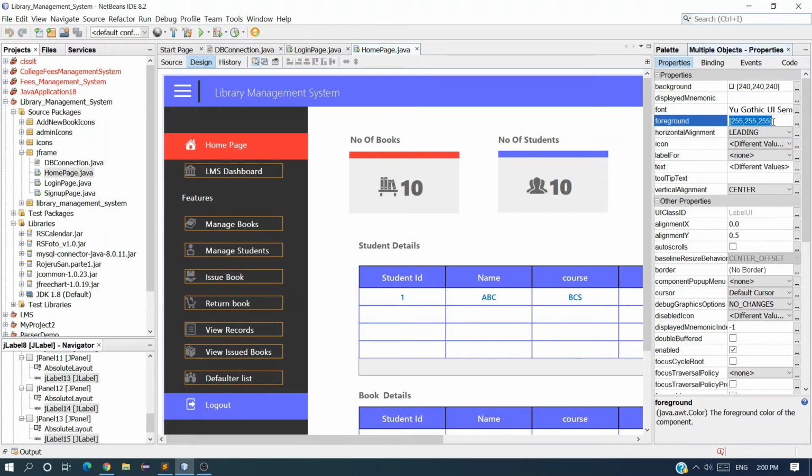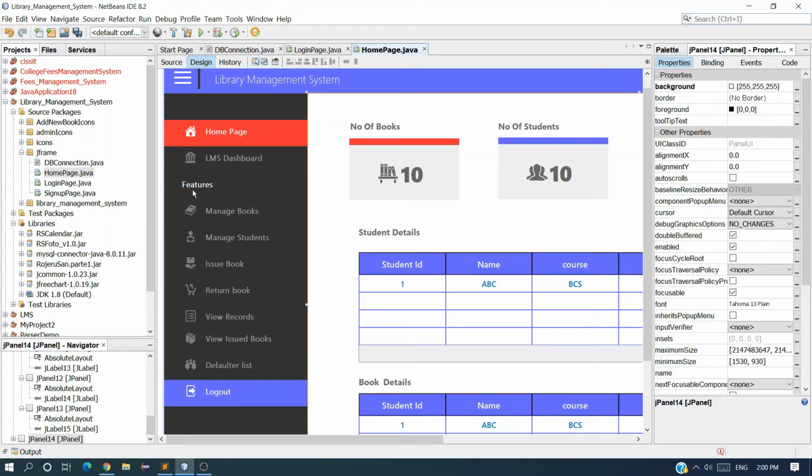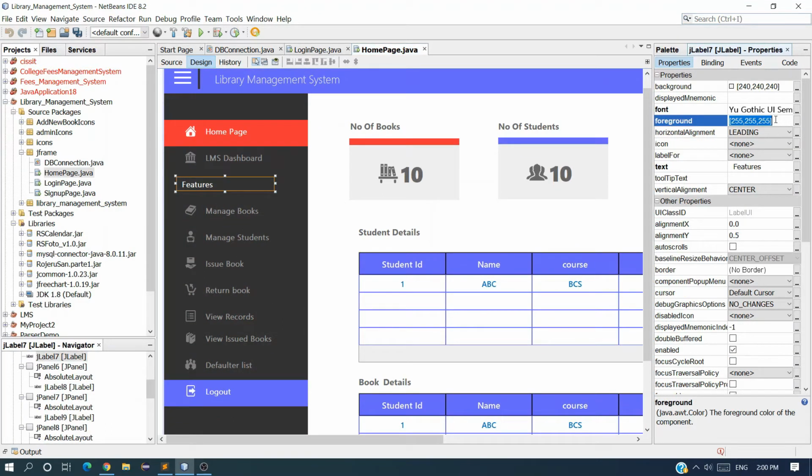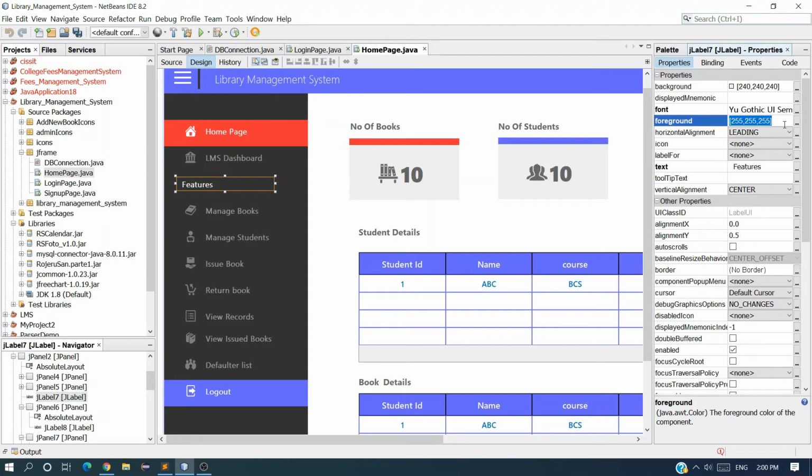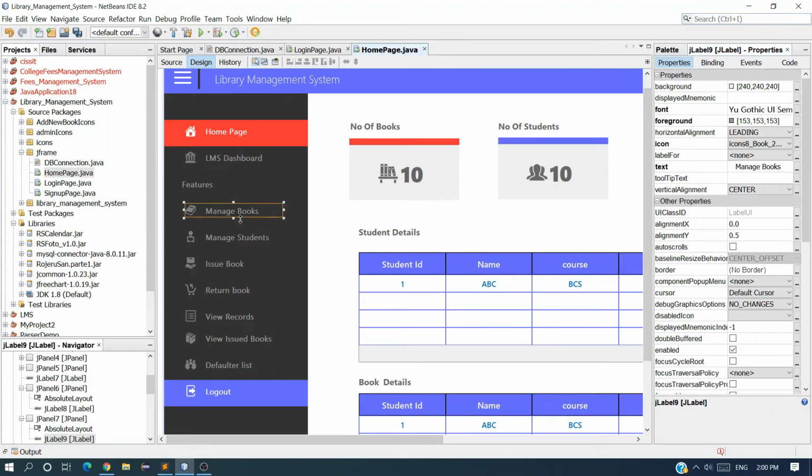Here you have to change the foreground color. So enter 153 comma 153 comma 153 and press enter. Now all the colors have been changed, and this one also. Let me just copy the color, 153, 153. Okay, done.